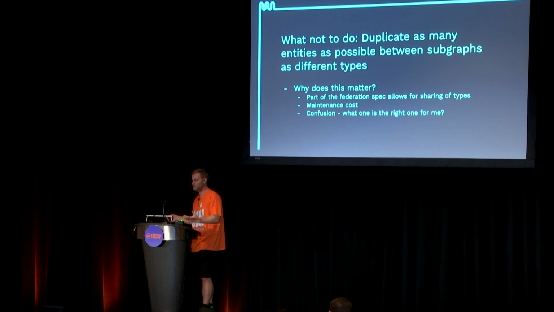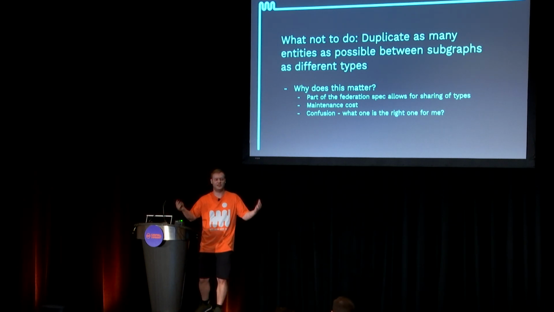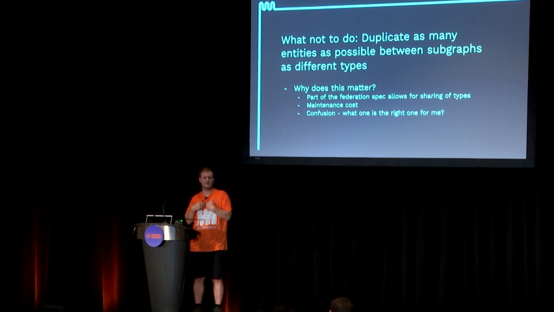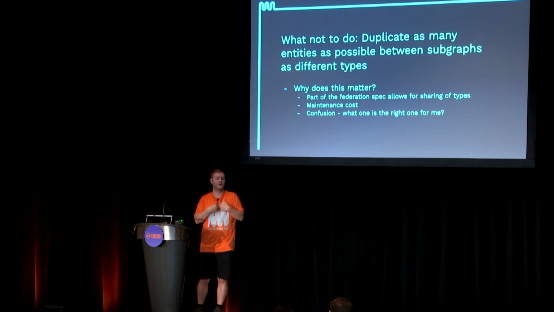And then the other thing that happens is confusion happens. As you copy these types into your stuff, who owns these types anymore? If I change a type in my subgraph, does that mean they have to change it in theirs, even if they don't own it? Or sorry, if I don't own it, then that's a hard thing to find out. And you end up finding out in the wrong ways normally because somebody broke something, and then your graph doesn't compile, and then your router isn't working, and then all of this stuff starts to pile on really quickly.